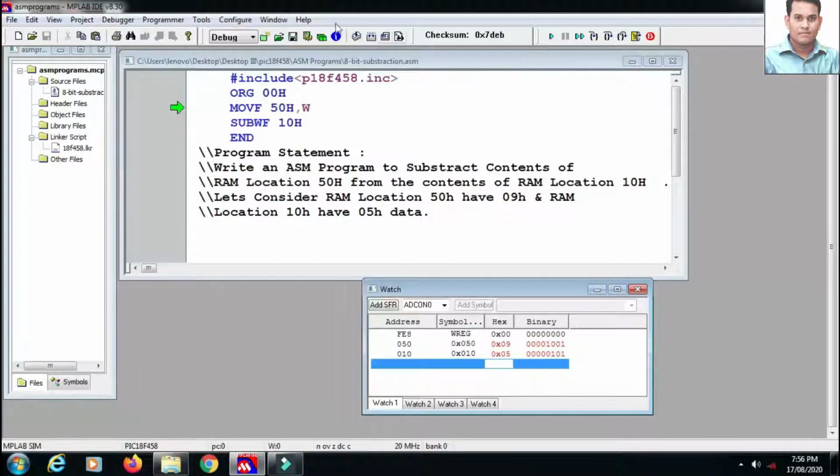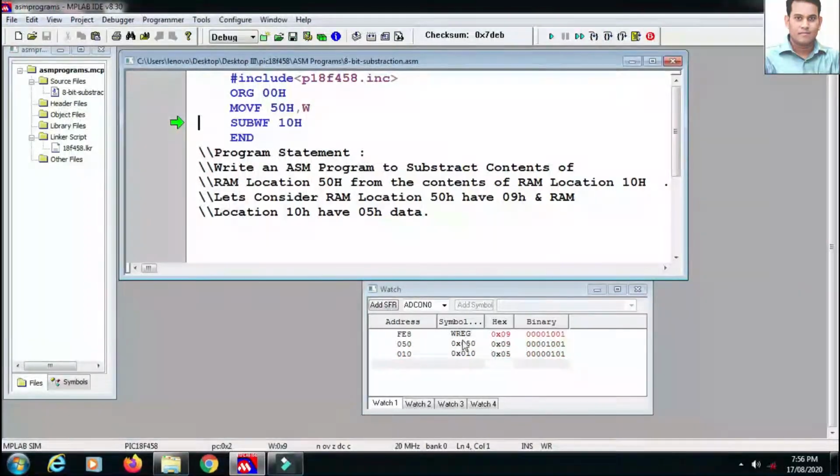With the help of software, just execute the program stepwise. My program counter is here. With this instruction, MOVF 50H comma W, the contents of RAM location 50H will be copied into W register. See, yes, the contents of RAM location 50H, which is 9, is copied into W register, and then the contents of W register will be subtracted from the contents of RAM location 10H. The contents of W register is 9 and the contents of RAM location 10H is 5. So 9 will be subtracted from 5. So your answer will be